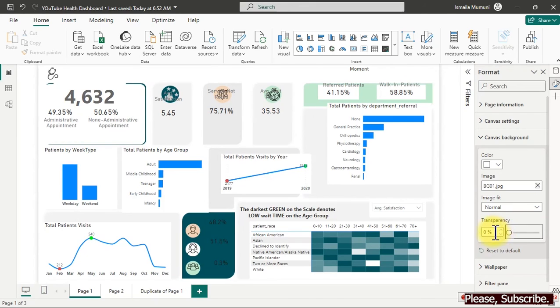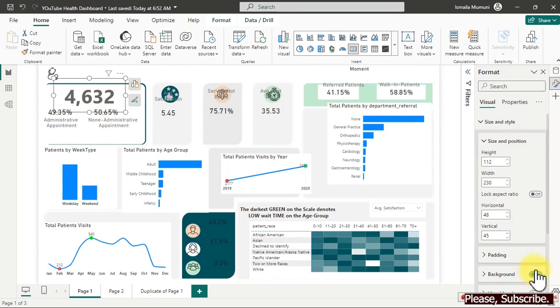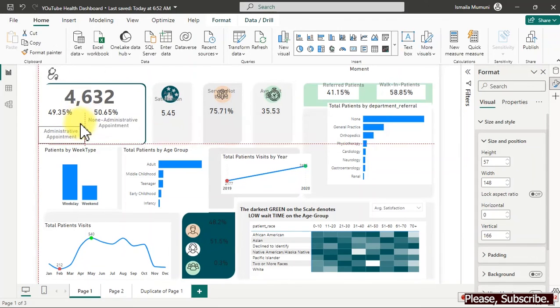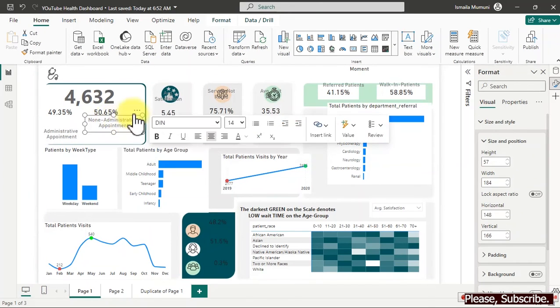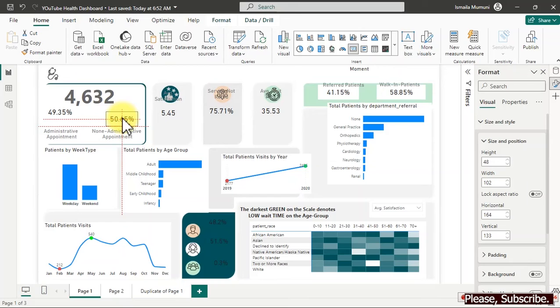Beautiful, right? So now it's not looking cool anyway. It's not looking very, very cool. What do we do? How do we adjust things? Let's start our creation from here. Now I'm going to click on this and remove its background. By coming over here, I have the background clicked on. I've removed it. So quickly we click on this and just move it down this way, right? So once we have moved it down, we can click on this same thing here and move this down. Okay, then we can just move this to this level, and then we move this to this level here. Then we can now move this down